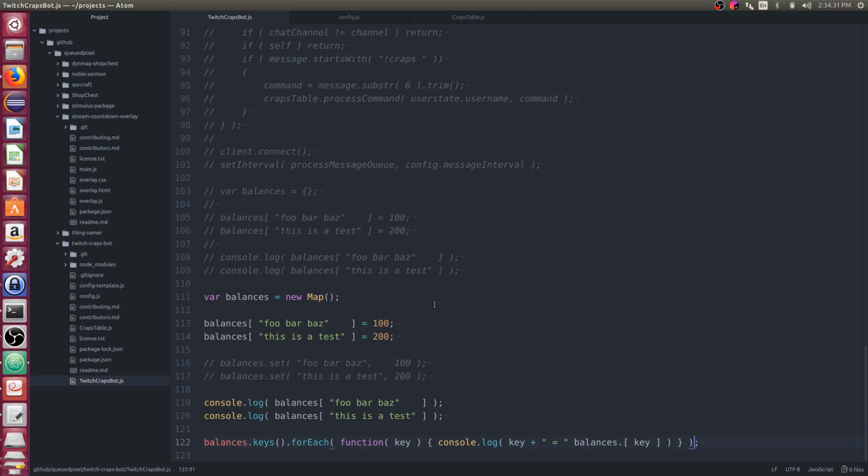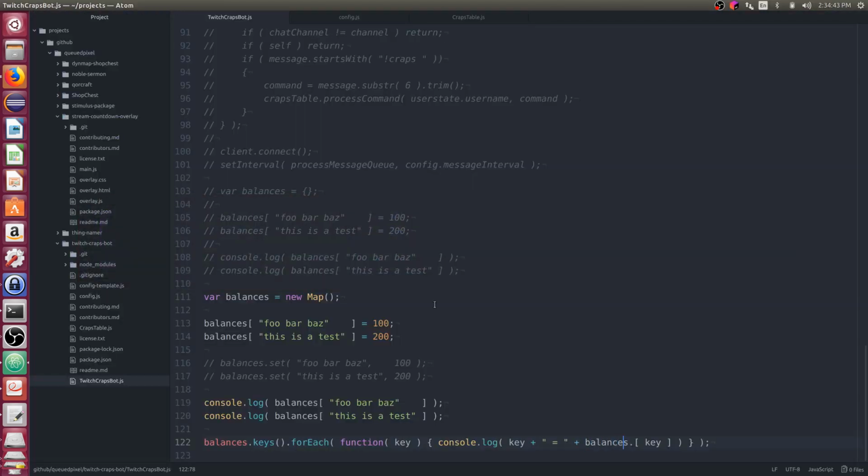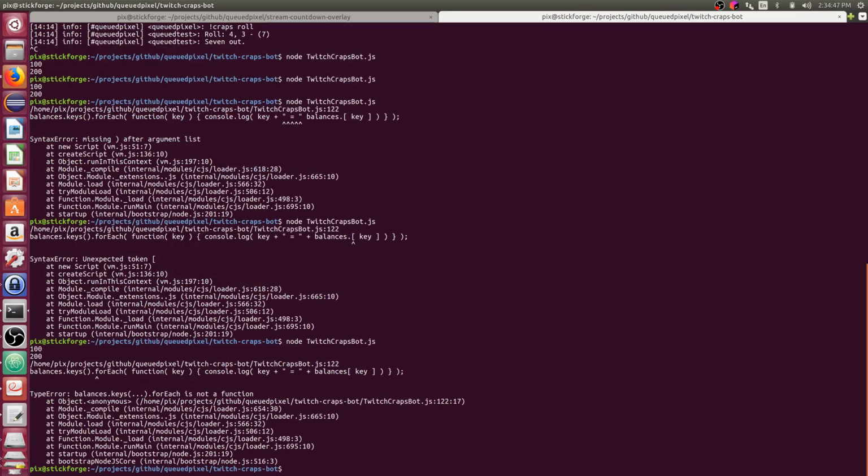Let's go fix that. Doesn't like something. Oh, I have a dot in here. Balances keys for each is not a function.